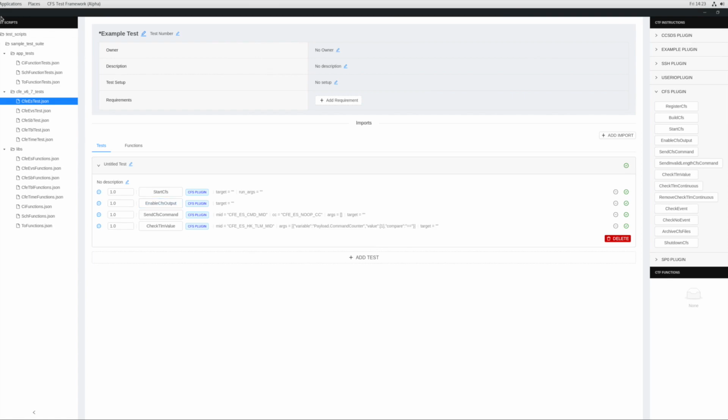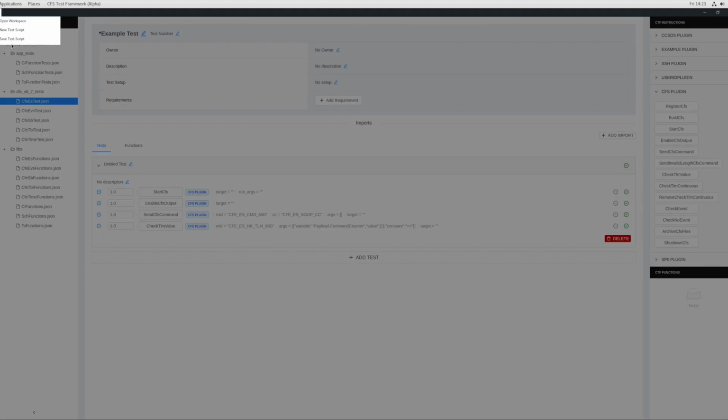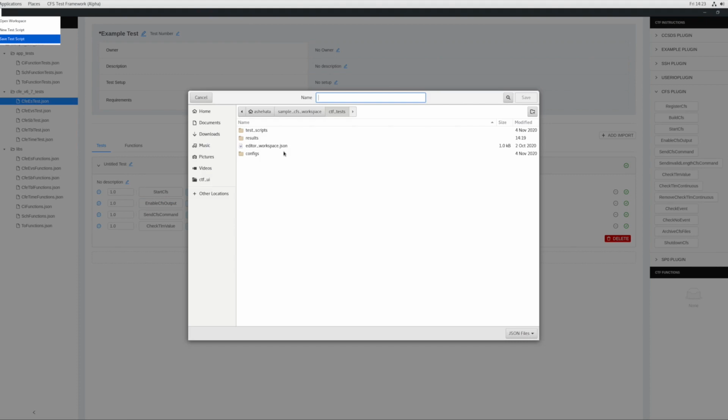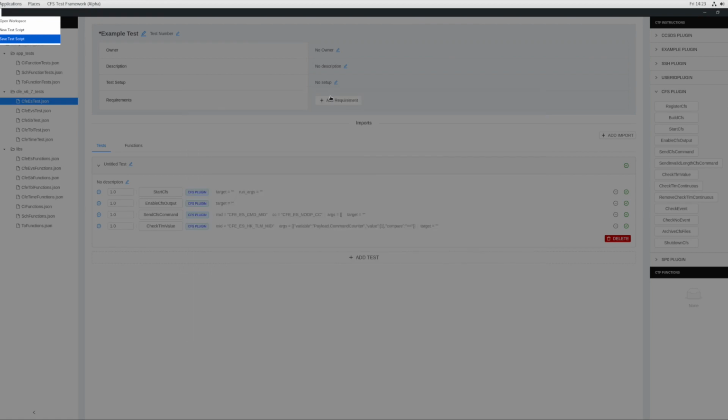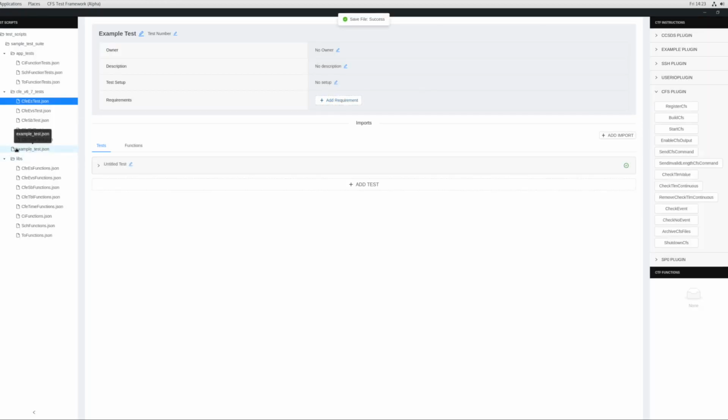Remember to save your script often by clicking File, Save Test Script. Since this is the first time we're saving this test script, CTF Editor will prompt us with the location to save the script. Here we put it in the test scripts sample test suite directory and name it example test. You'll see the test script pop up in the left pane,